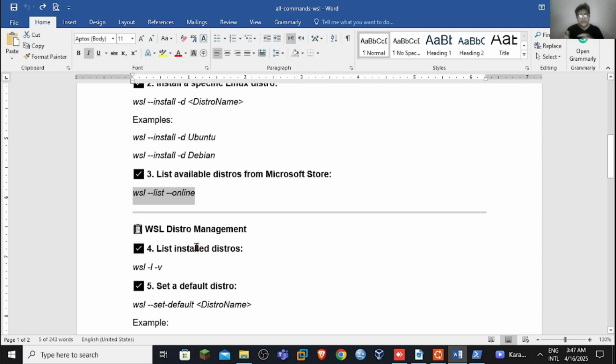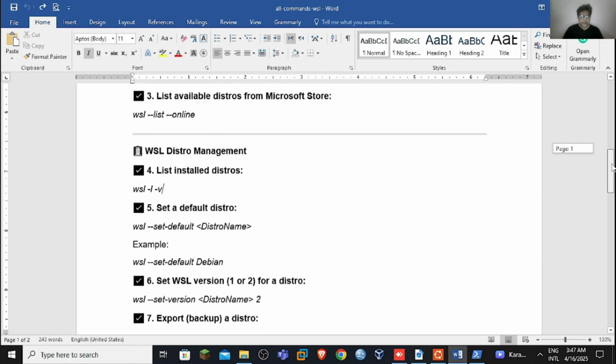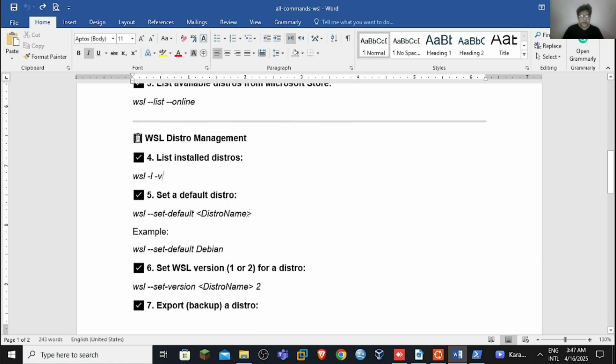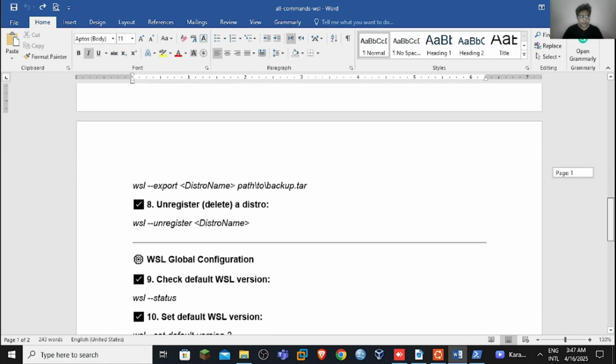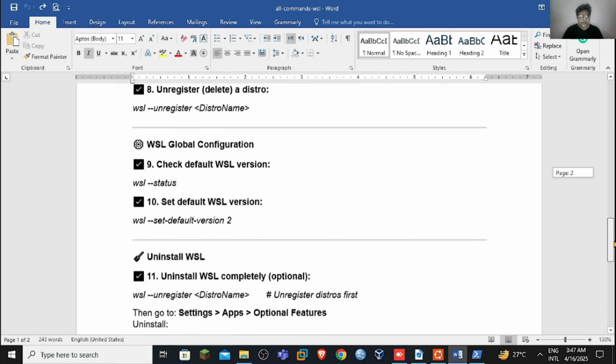If we have multiple distributions, we can manage all of them, and we can set the default. For example, we have Ubuntu and we have Debian, and we want to work with Debian only. So we can set Debian as default and work with it. We can check the status here,